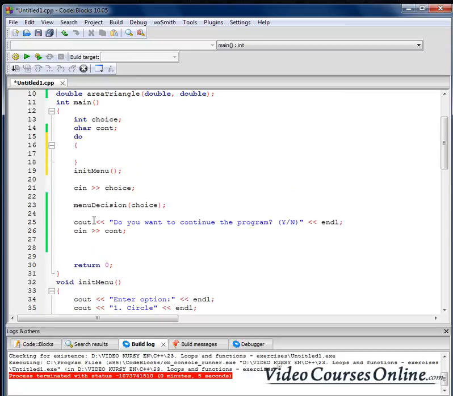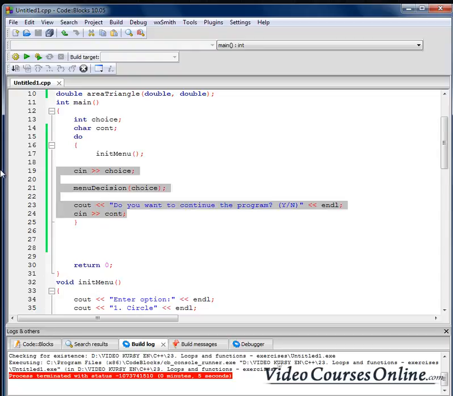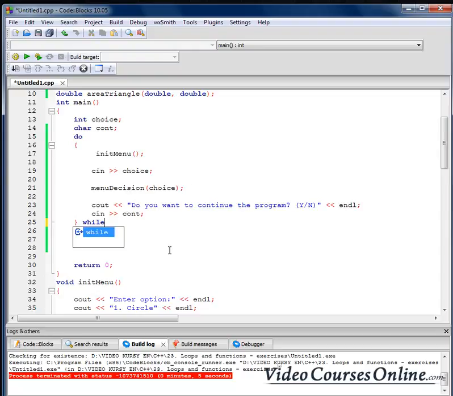Do everything in the loop, so at least once, while the continue is equal to yes, or continue equals to yes in the uppercase, right? So right now